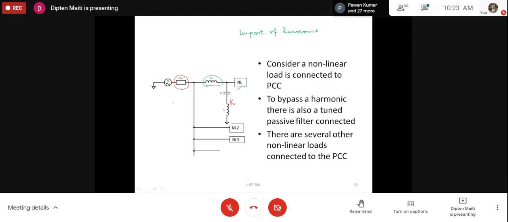If you consider from this side, this L and C is tuned at, let's say, H harmonic. However, if you consider from this side, this L and C is not. If there was no LS, the filter was tuned at LC. However, by the incorporation of LS, from the point of view of nonlinear load 2, the filter becomes L plus LS in series with the C. So that means the tuning value of the filter has changed. So due to the presence of LS, that would create two aspects.